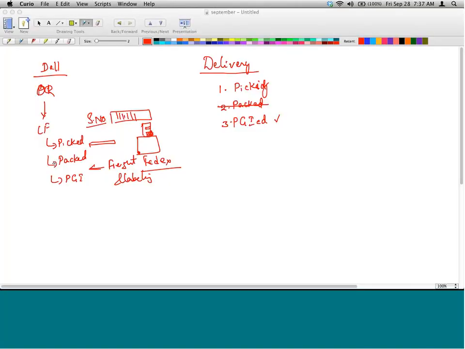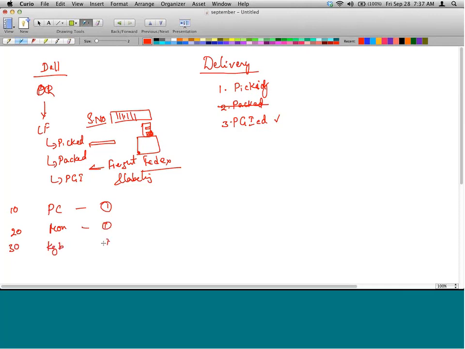What does this mean? Let me interpret that for you. So let's continue with the same concept of Dell. Dell sells a PC, one quantity. This PC, line item 10, contains a monitor, line item 20, and line item 30, keyboard. This example we have done in the system, right? What is the item category for it? TAB, and higher level is 10, 10.